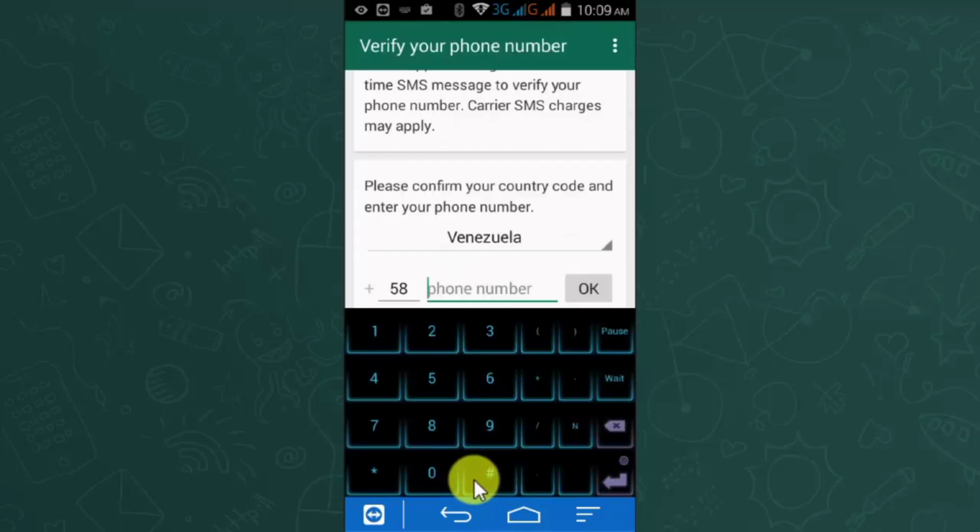To use WhatsApp, you must register your phone number. This number will register the phone number in your account. Each country has a different code. You must select your country and enter your phone number and click